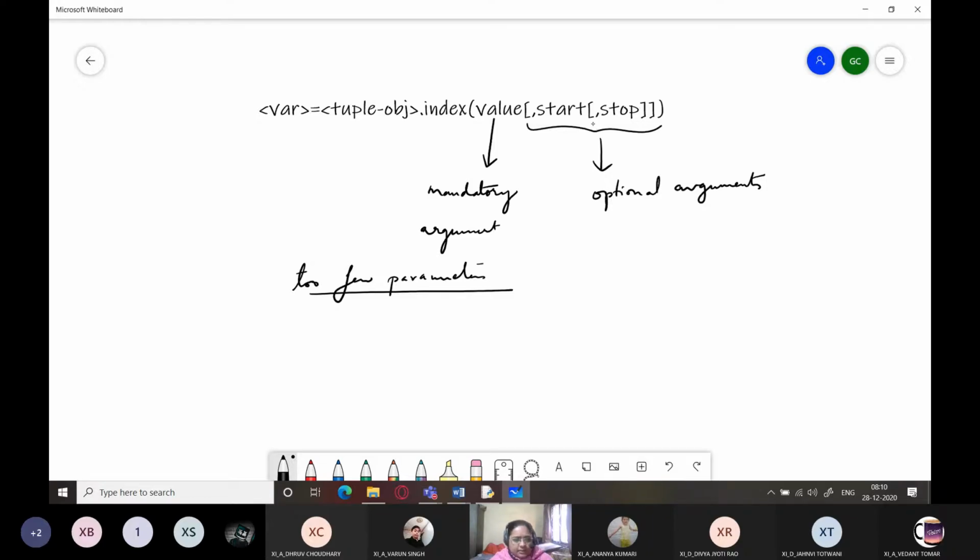You can use this function, and in one of my offline videos, I will be uploading one offline lecture in which I will discuss one such program where you will be using this. There was one program I had discussed in the offline lecture which worked on the index function. Start and stop: you can provide the start value from where to start searching,